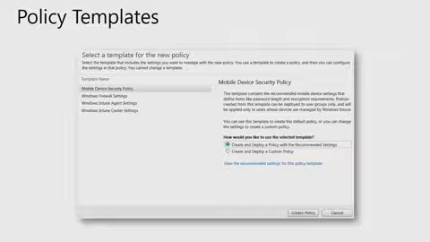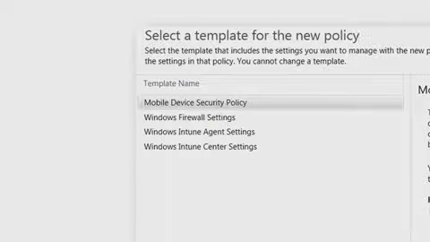We have the Windows firewall settings. So those settings, let me just zoom in on that, those firewall settings here, these are the configuration of the Windows PC firewall. So it will only apply to PCs. We only apply this to the device groups, and it's the Windows firewall that we'll be configuring. And there's quite a lot of settings that we can manage in there to turn on policies, ports rather, for